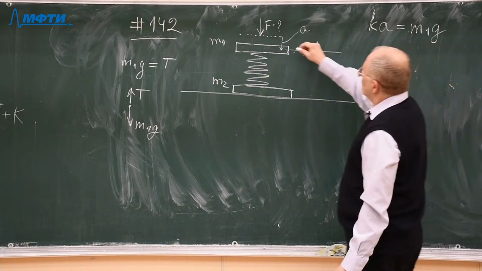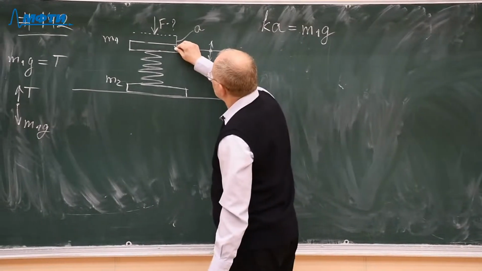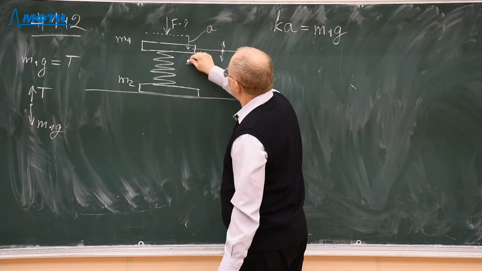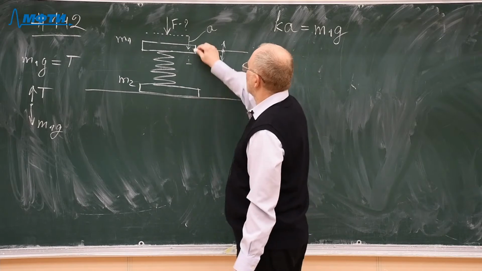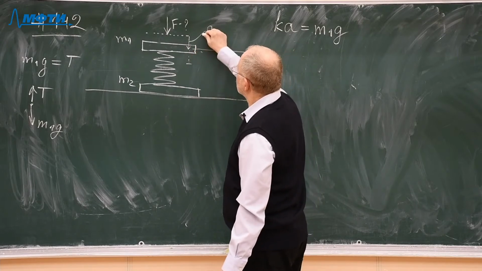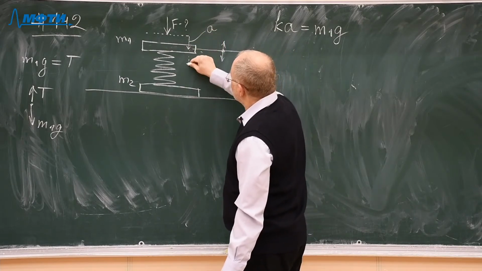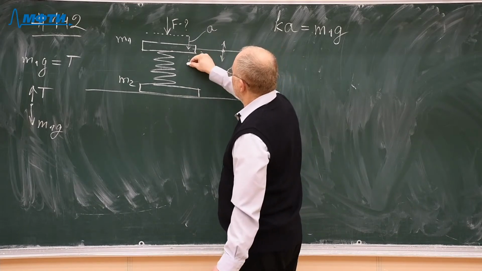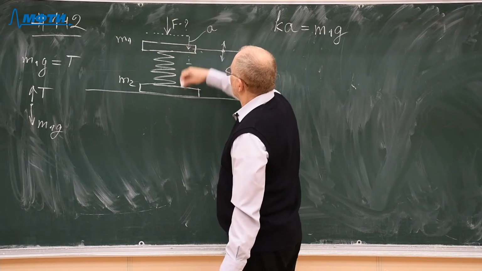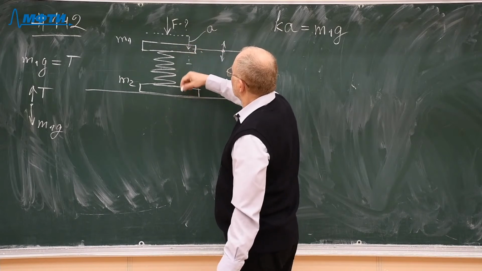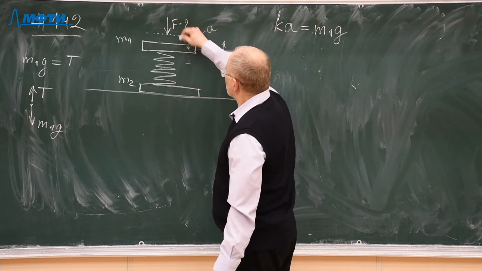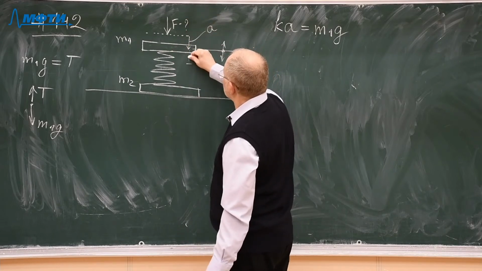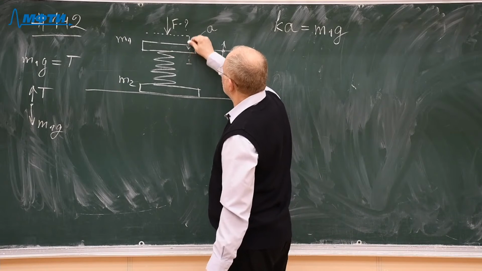So what will happen if we move the first plate down by the same distance a? If we move the upper plate down by the same distance a, and release the force, release the action, then the spring will increase its length, it will be stretched, and it will push the upper plate backward, and the upper plate will